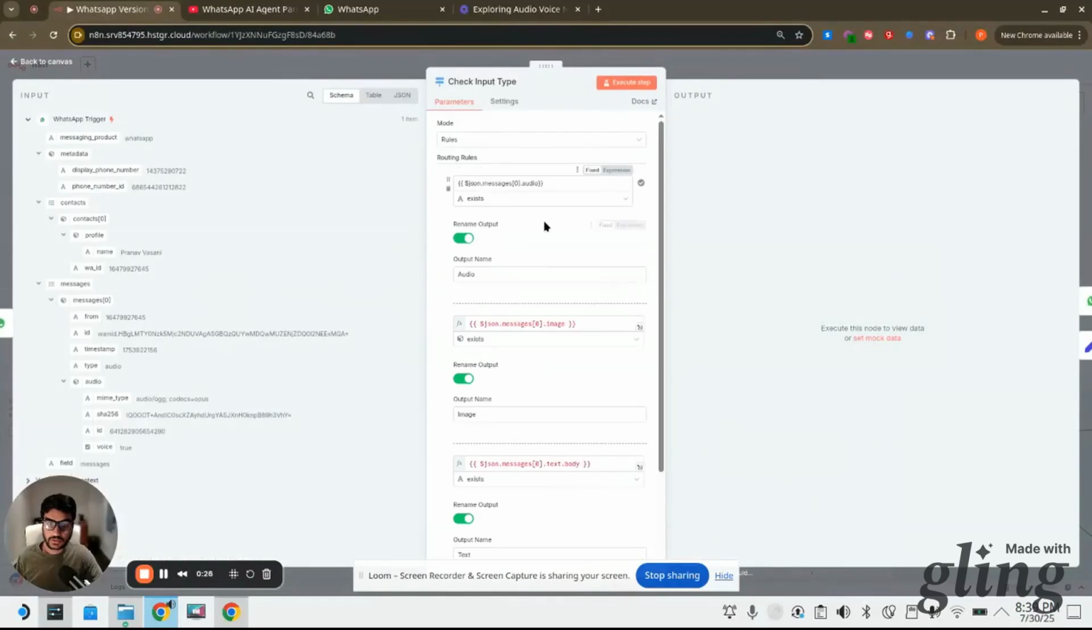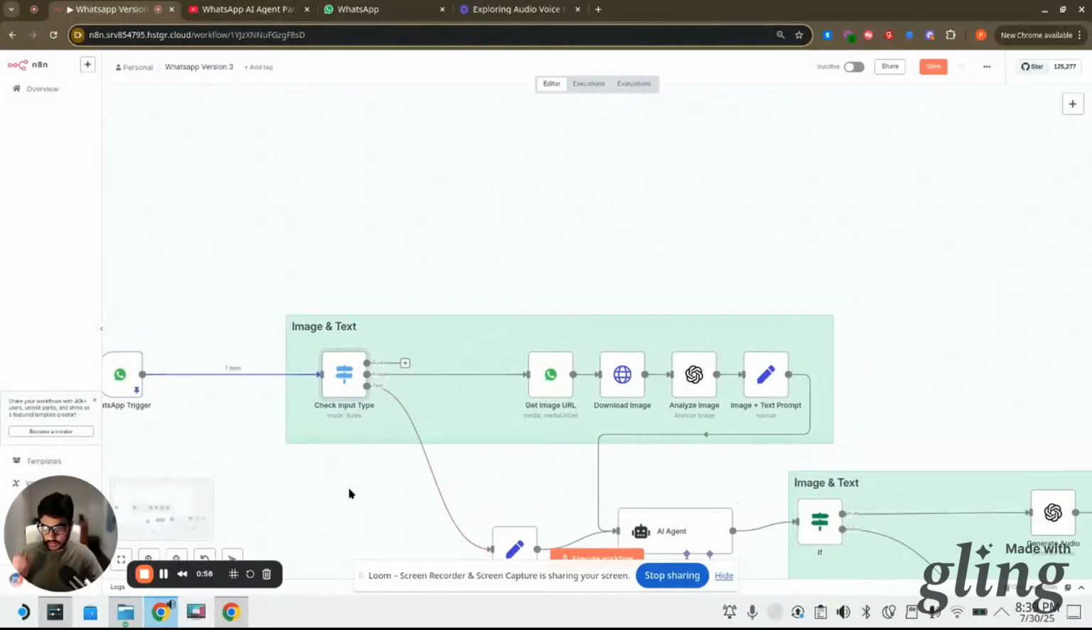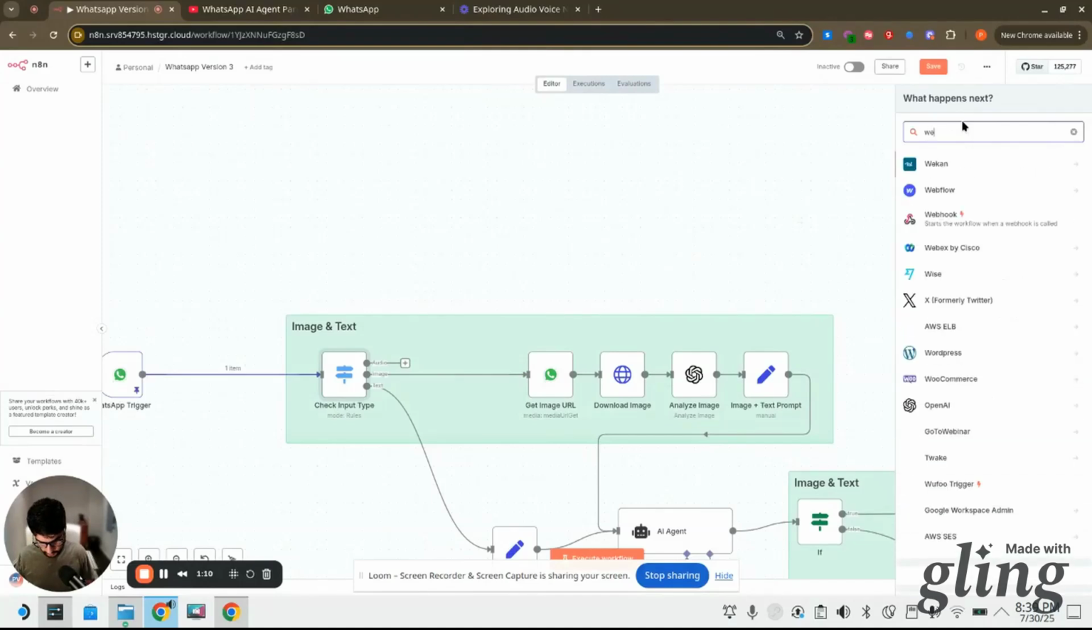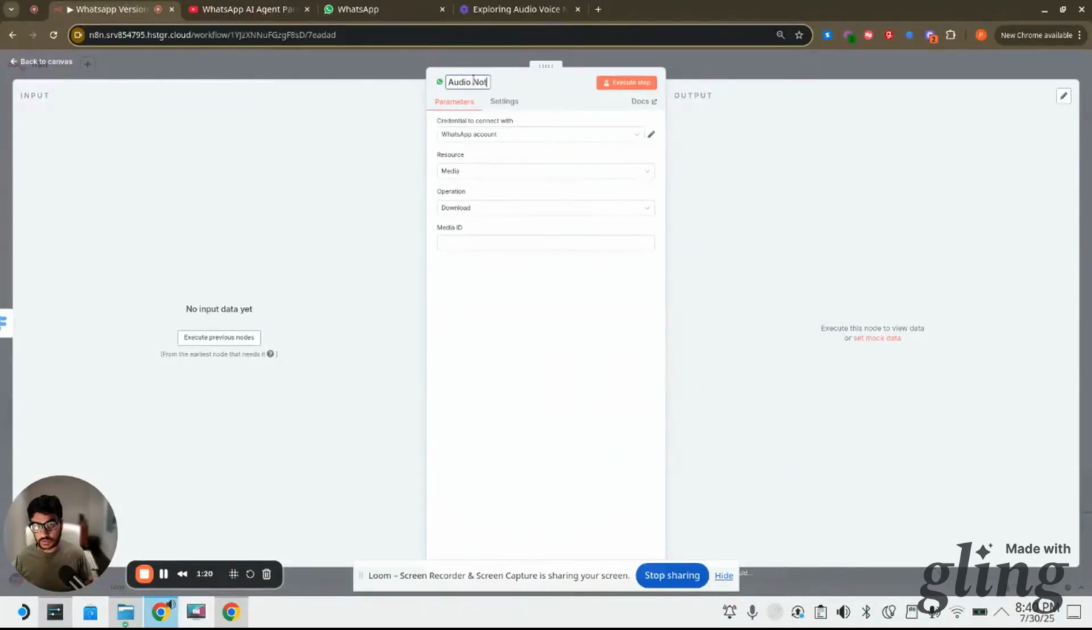So I have created one more routing route. All you have to do is put it like this, audio, right? And if it exists, it's an object, not a string, so we'll put it as object. Now we have 3 different routes that this input type is checked: image, audio, and text. Now what we have to do is first download the audio from whatever the person has sent out. So we'll add one, download media, and then we'll say this is the audio